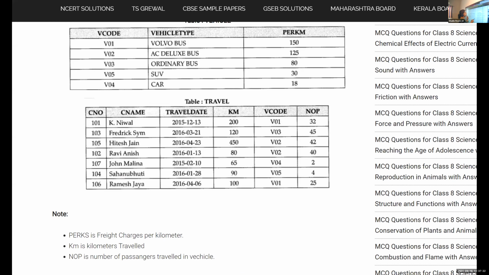So these are the different column names.